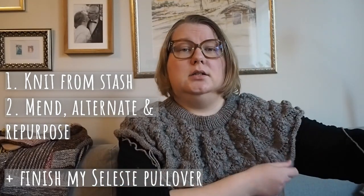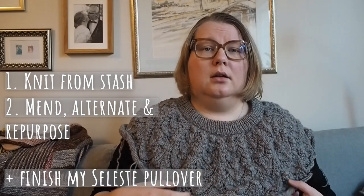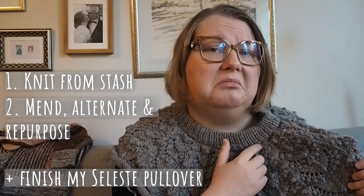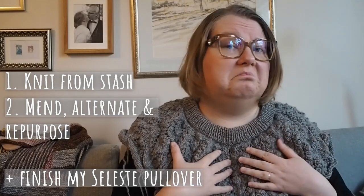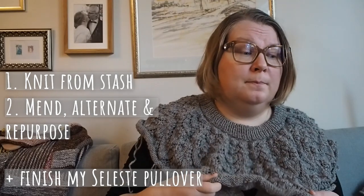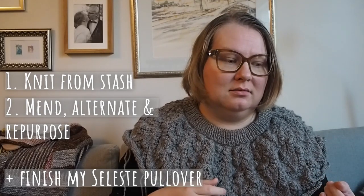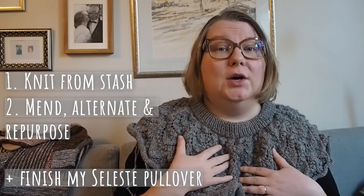I think the size is good when I separate the sleeves. The lace looks beautiful. The bubbles, they could have more definition, but no, they're good enough. I love the color, I love the yarn. I might need to get more yarn, but that's not really an issue. I can get it. I have no idea what I was thinking. So,